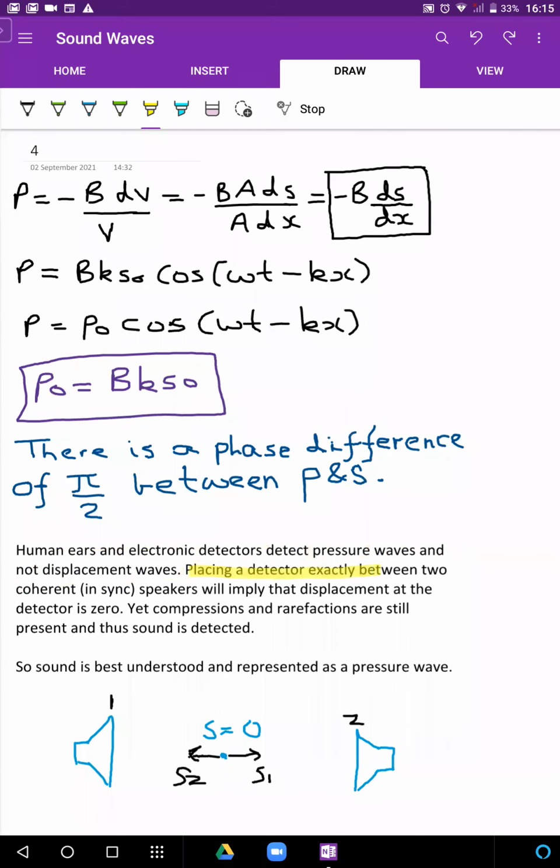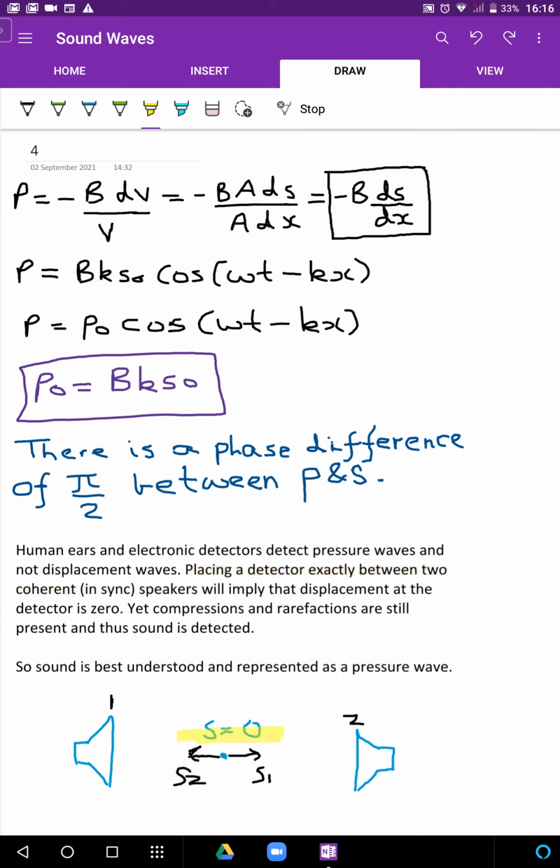Because, try placing a detector mentally exactly between two coherent speakers. Coherent means they are in sync, which means they have the same frequency and the same phase. So if you place a detector exactly between two coherent speakers, with the same phase and same frequency, with displacement waves coming out at the same time, then this will imply that by symmetry, at the exact middle point,